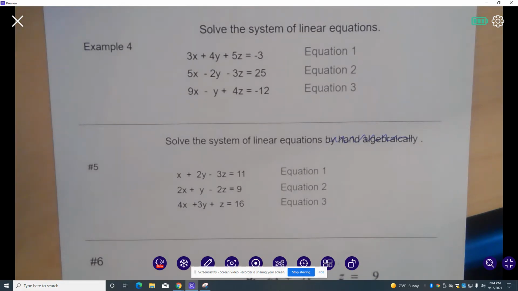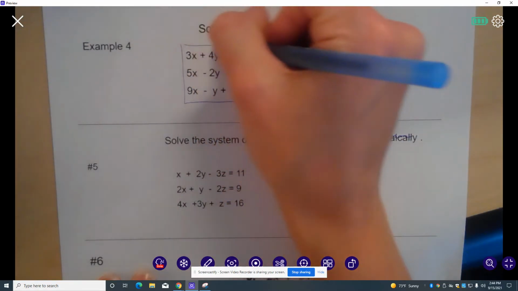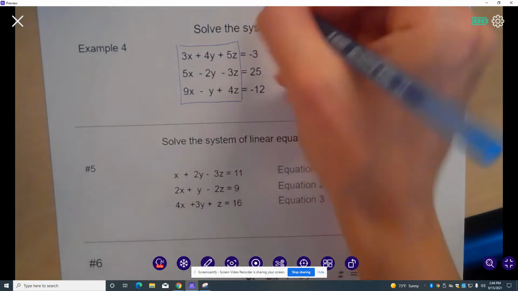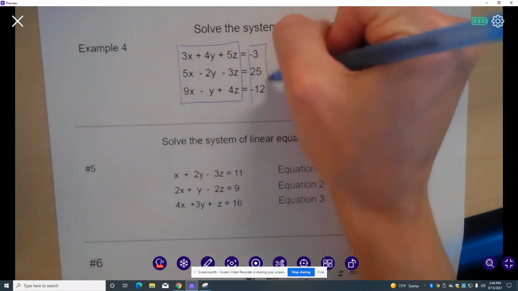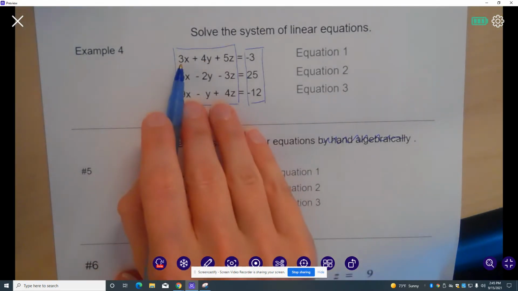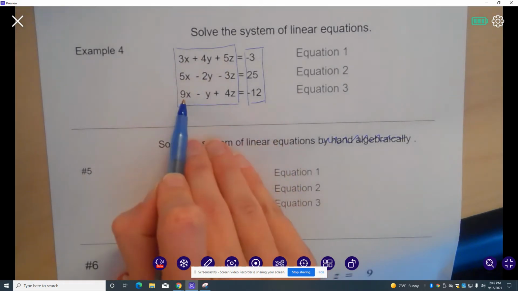Okay. So essentially what we're going to do is we're going to turn all of the left side of the equations into a matrix, and we're going to turn the right side of our equations into a matrix. So a matrix, because you might not have heard of what a matrix is yet, is going to take the coefficients, the numbers in front of our variables,